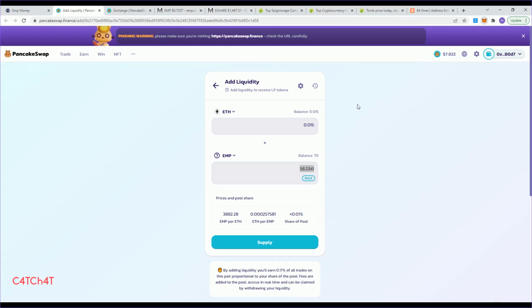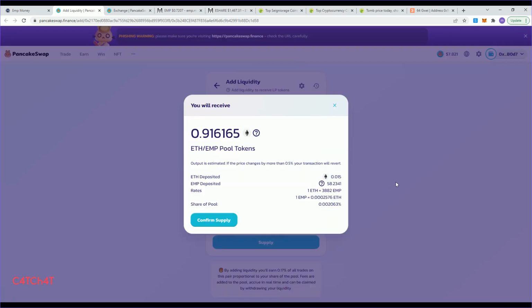So as you can see, now what happened previously, we had to approve ETH and we had to approve EMP. Both of those have been approved. So now we can create this pair and we can click supply.